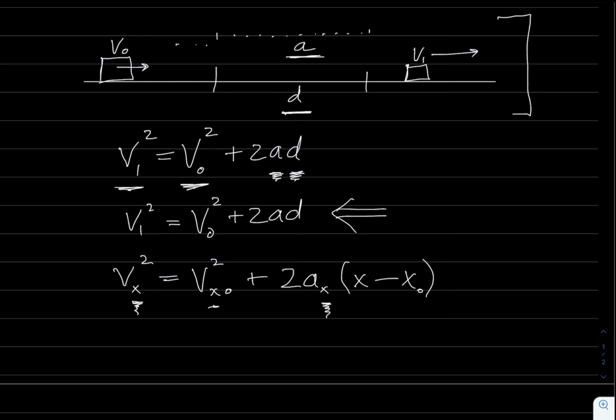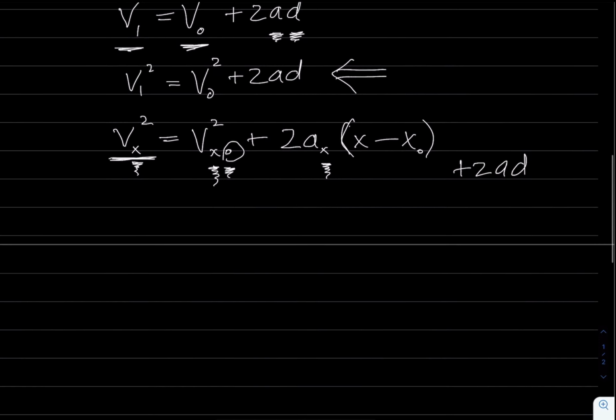So this is the initial, that's what naught means. This is the initial velocity in the x direction squared. This is the final velocity, okay? And why are they saying x minus x sub naught? I said d. I said plus 2ad. And here's what they're saying. They're saying that if you have this plane, drew a line, and you have a block that's traveling at v sub naught, and it goes through a certain distance, and you want to know what the speed is